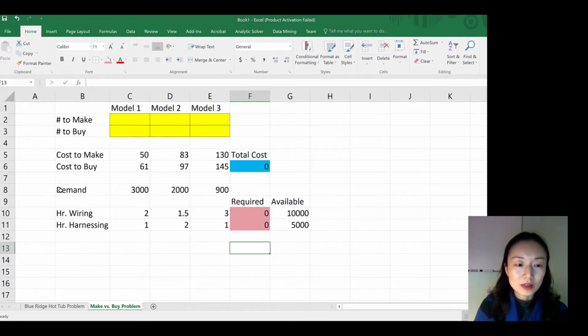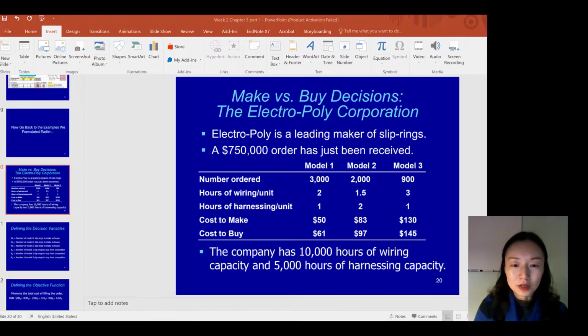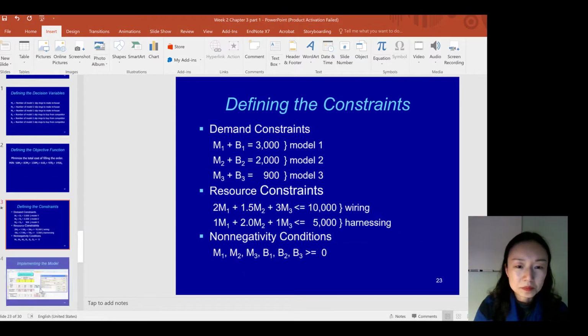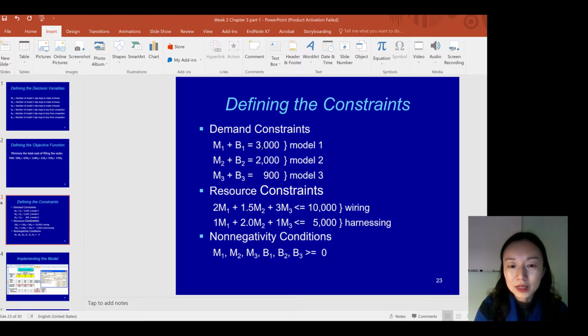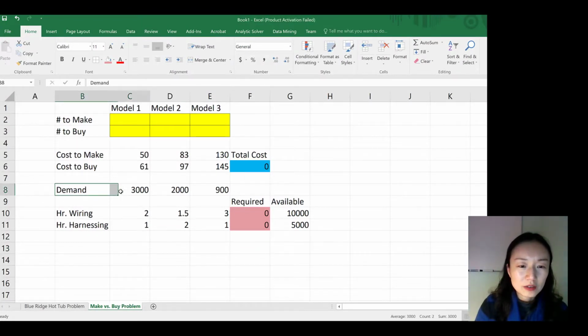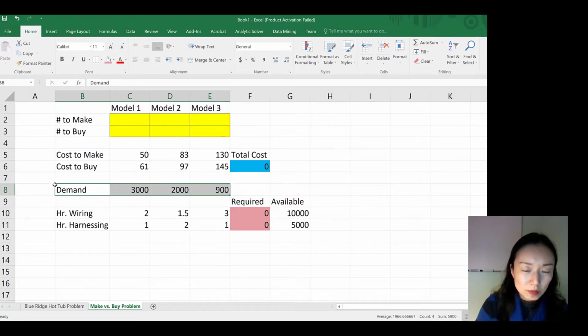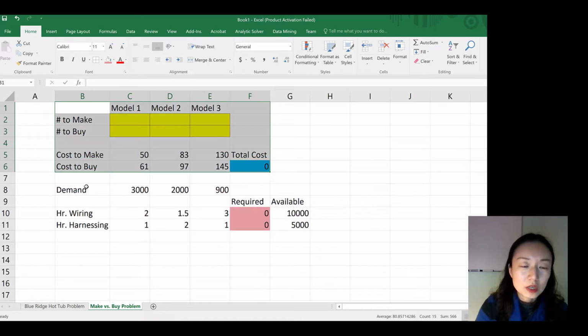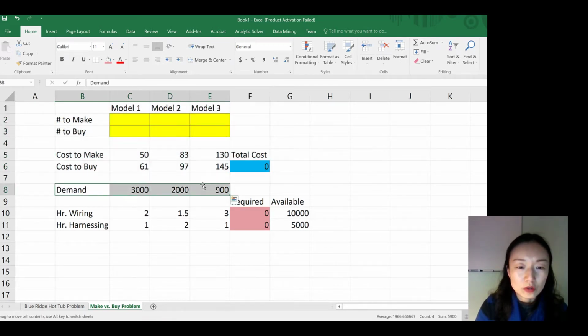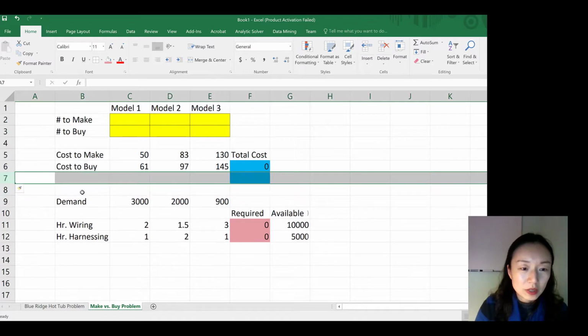And for the second one, if we look at our model, the demand one is the make plus buy should equal the demand. So let's think about where we should put it. So it's kind of like those ones need to be equal to the sum of them. Okay, so maybe we can either move it to here, but you know, the cost and the buy, this entire part is related to. So instead of moving this row to here to make the sum closer, I'm going to just insert another row here